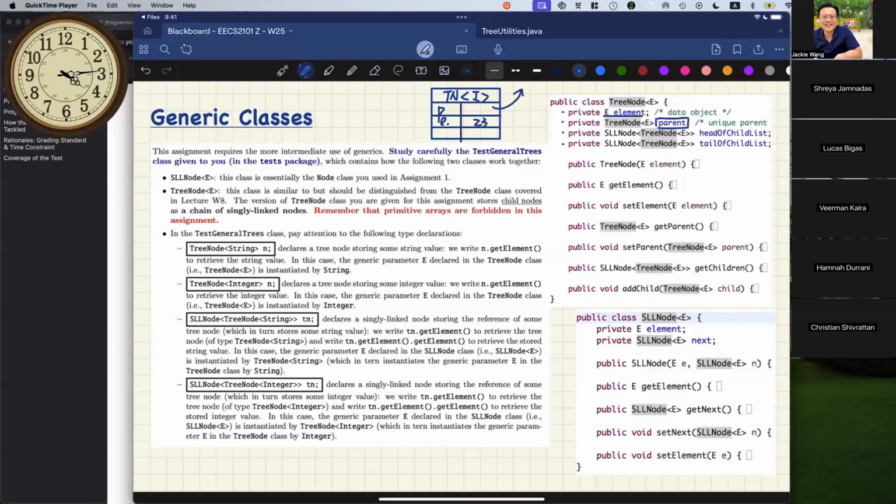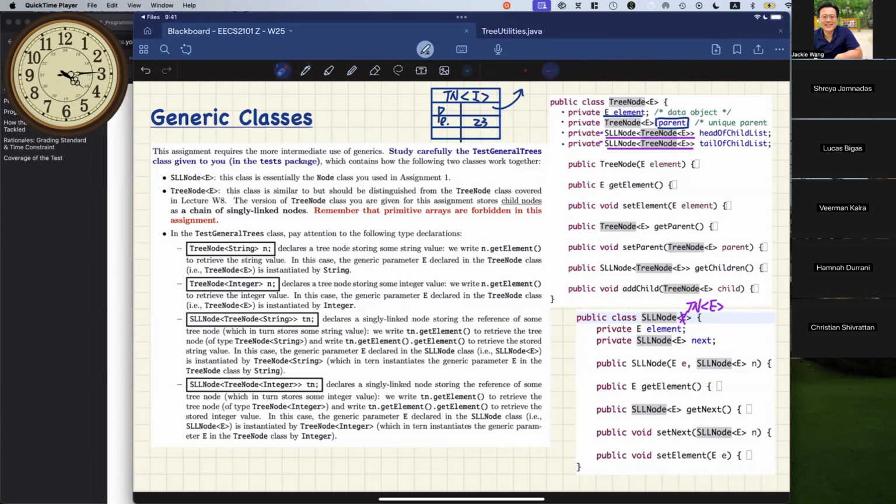And then we've got two things over here: an SLL node of tree node, and also an SLL node of tree node. Think about each line as instantiating the generic parameter of SLL node with tree node, so tree node of E. What does that mean?